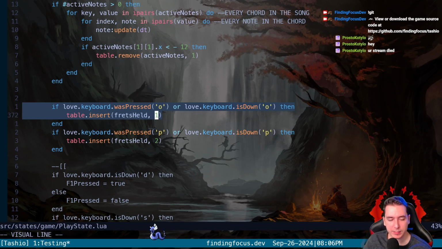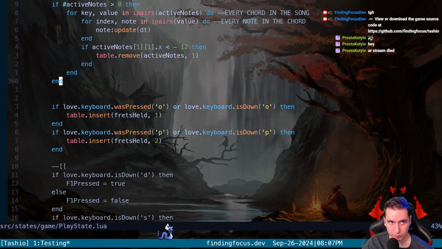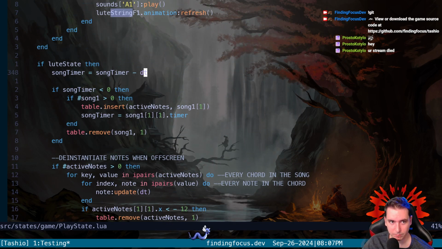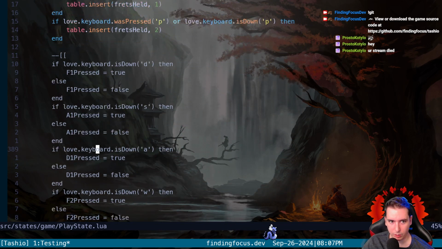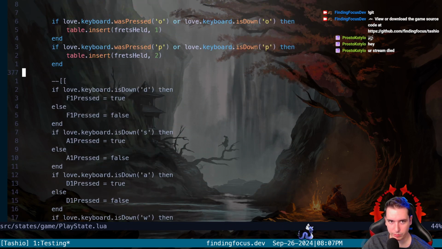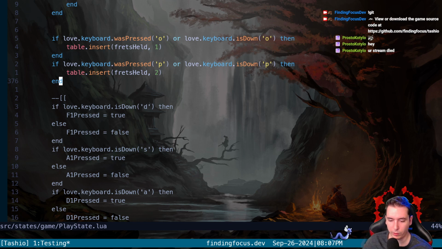We'll need to move this into like a Lute class or something, because I don't like that it's bogging down our play state. This should be in an if Lute state, right? Yeah. See, we should get a Lute class in here and only update it if Lute class is true, or whatever we want to call that. I think for right now, how would we fix this?